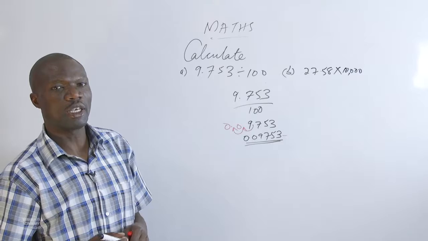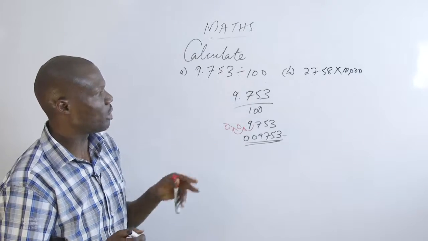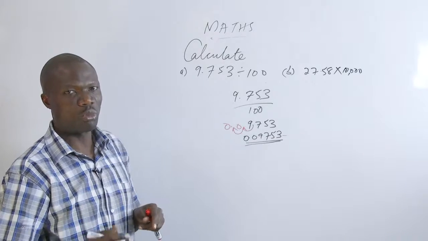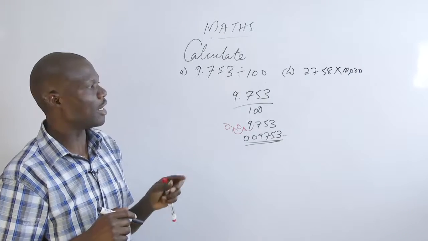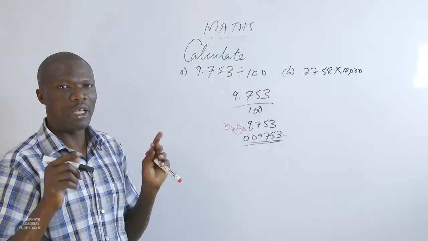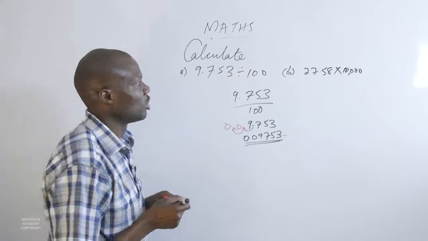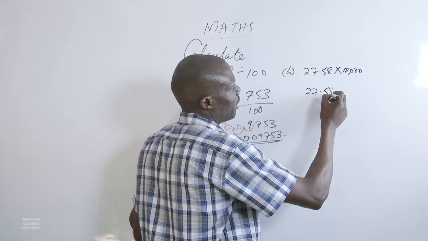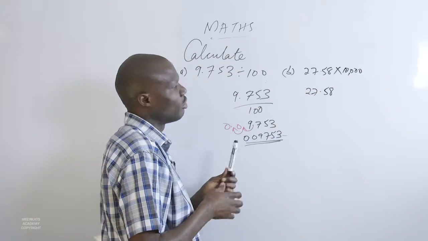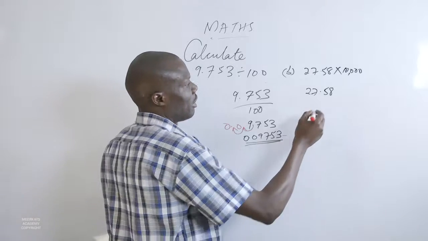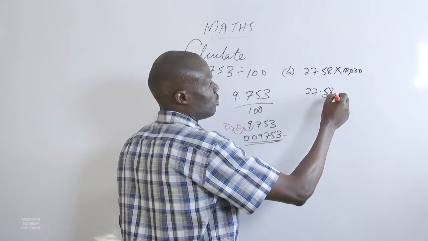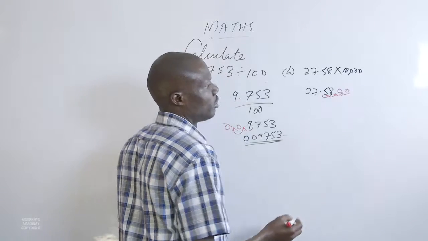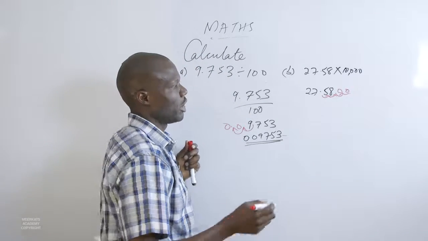This one, other side, we are multiplying. So when multiplying, we said we count the number of zeros and we move the decimal point to the right. And the number of steps we shall move is determined by the number of zeros. So this one is the same as 27.58. And then we shall move how many decimal places? This is 1, 2, 3, 4. So it becomes